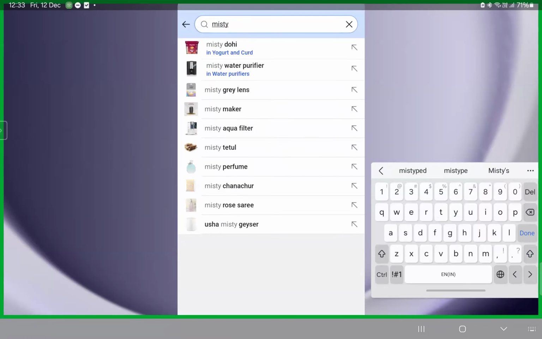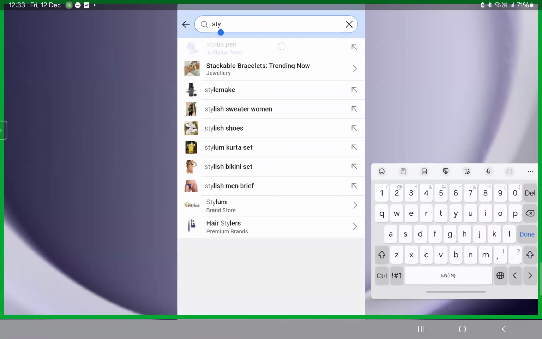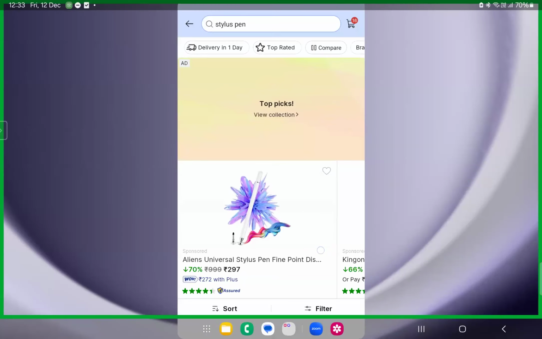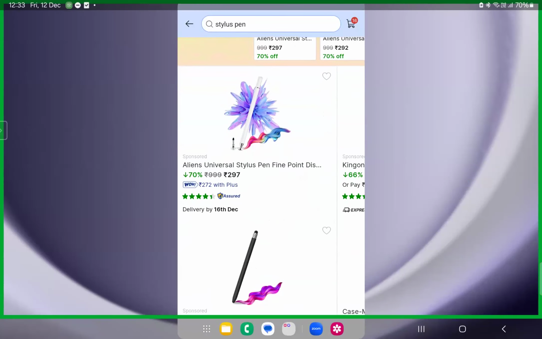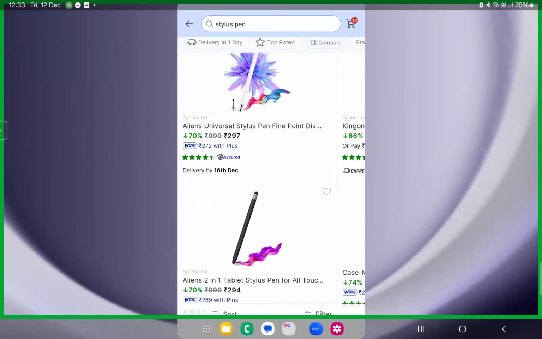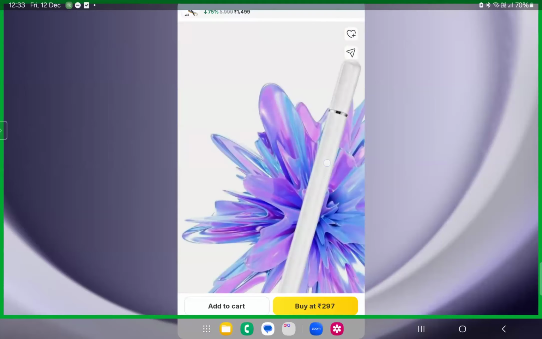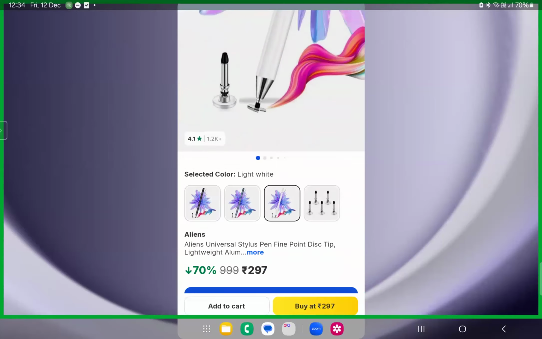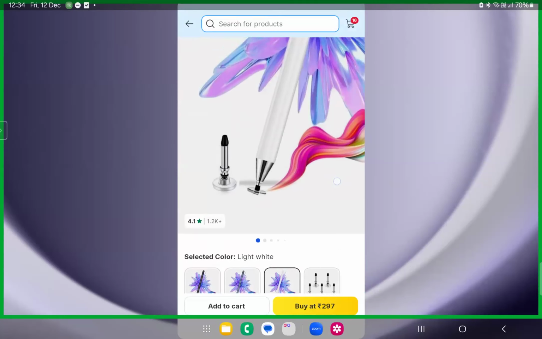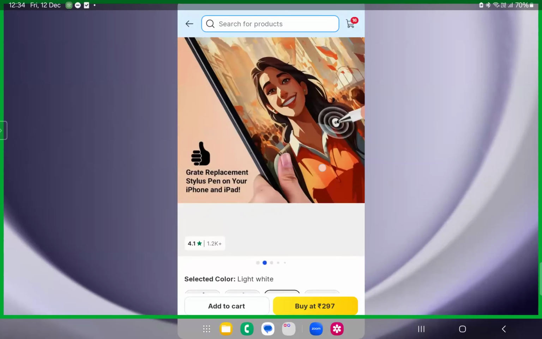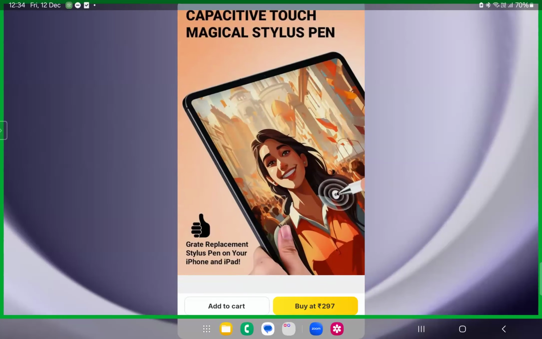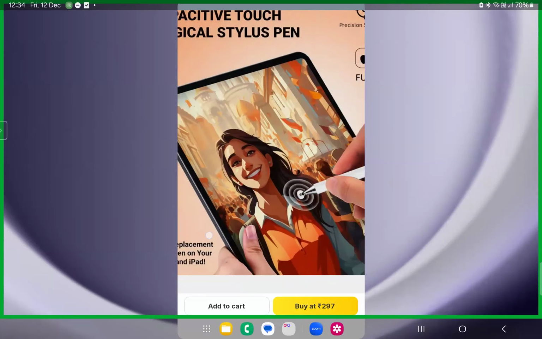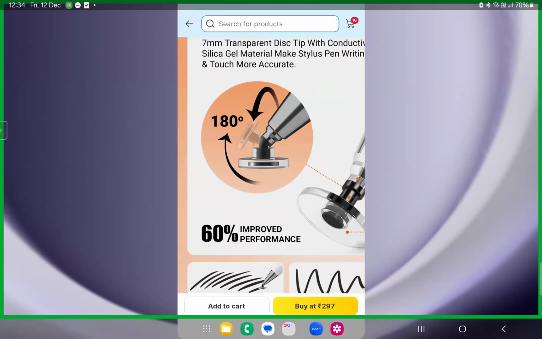Stylus pen. Okay, I'll show you exactly what pen I have. I have these kinds of pens. To write on the screen, I already told you I use the tab version. I even have an iPad, but I do not want to use that because some features are not perfect over there. You can easily touch on the screens because I use mathematics writing. So for mathematics writing, I need this kind of pen.